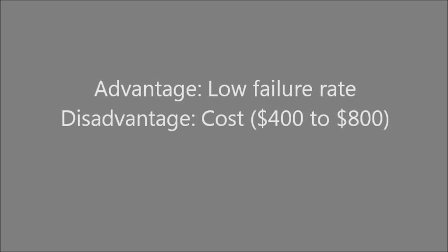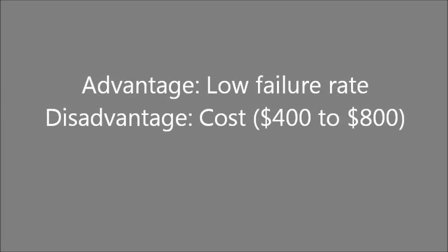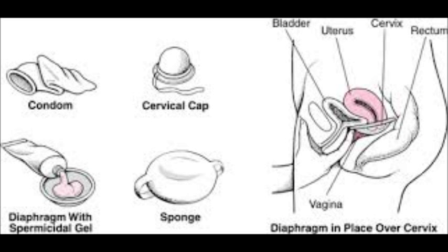The disadvantage is the cost. This minor procedure can cost anywhere from $400 to $800, or $11 to $22 a month over the 3-year period. This is one of the most expensive forms of birth control, but it also has one of the lowest failure